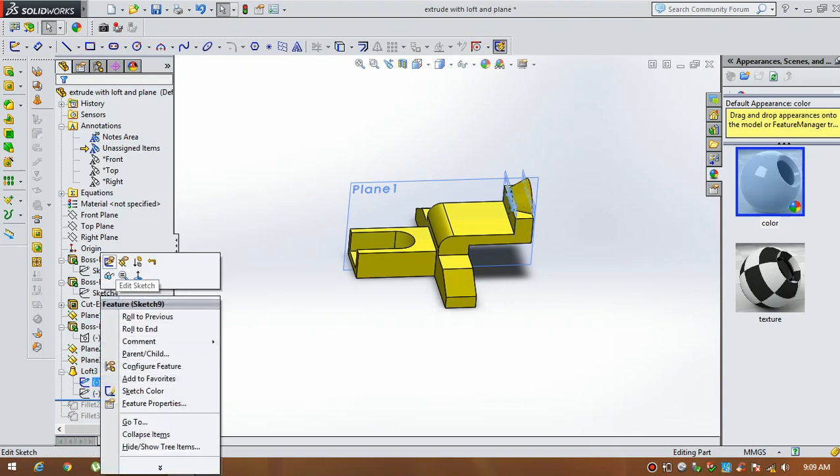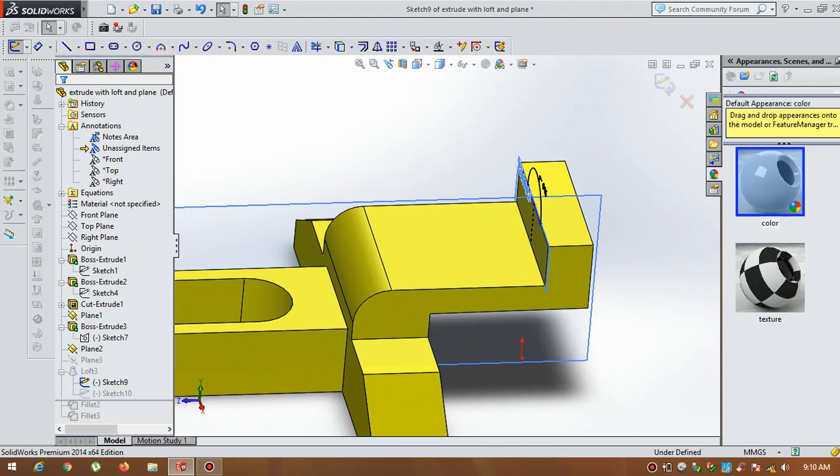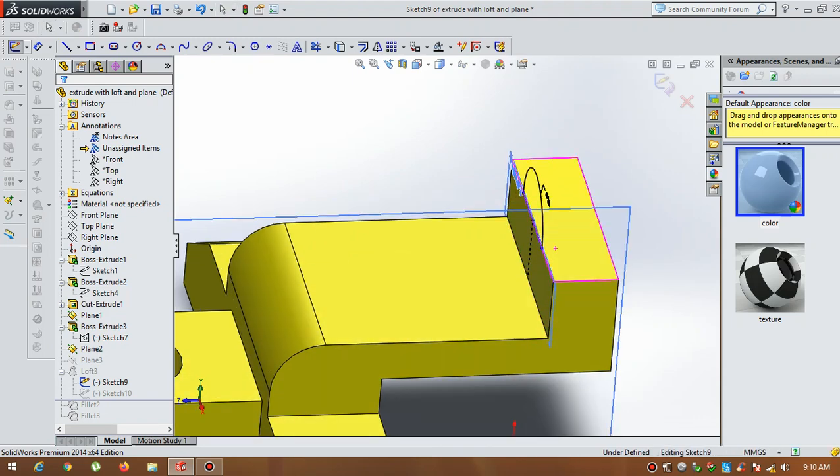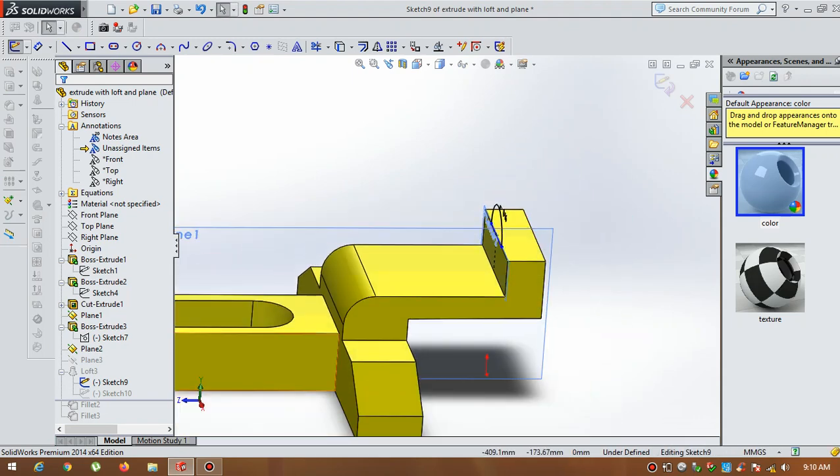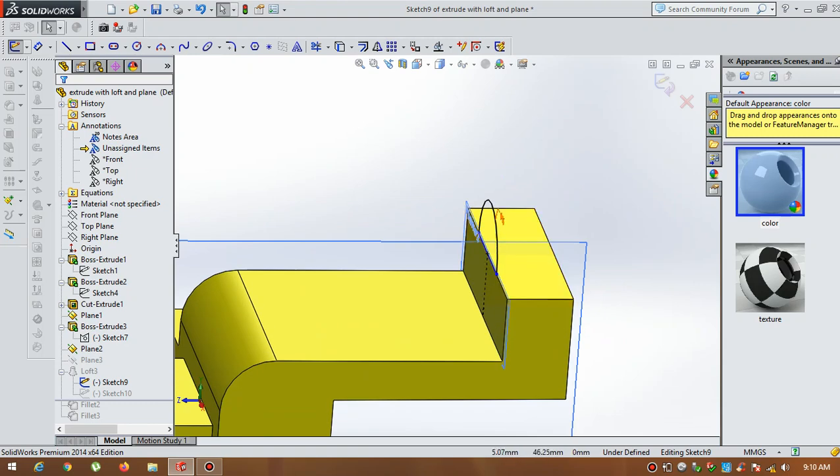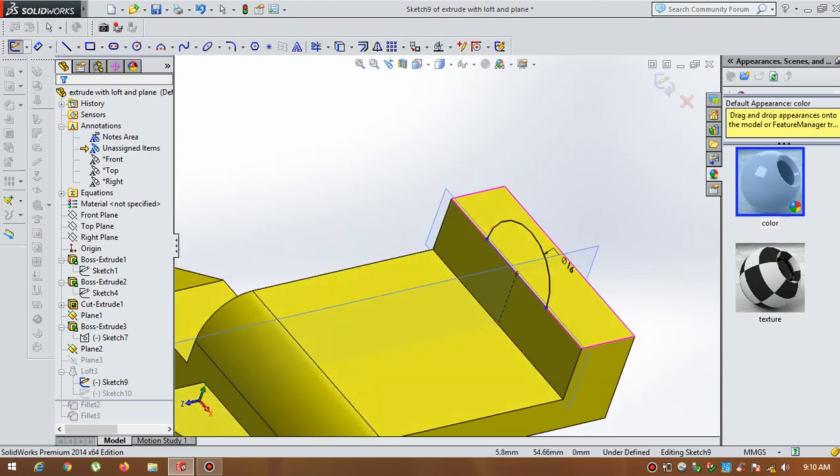So go for edit sketch. I have selected this plane here. I have created a plane here. On that plane I have drawn this semicircle. Then I have drawn a horizontal line here.